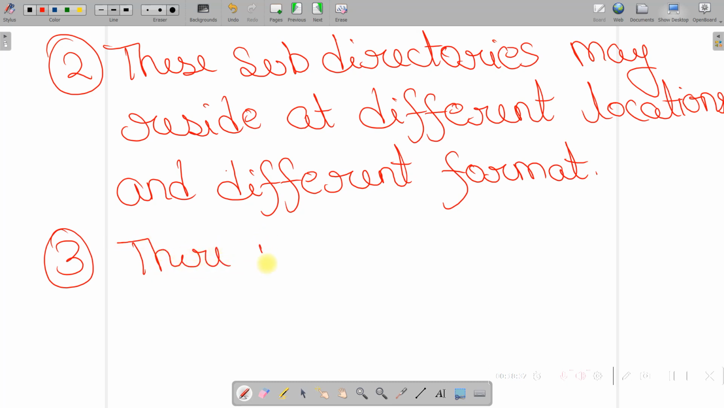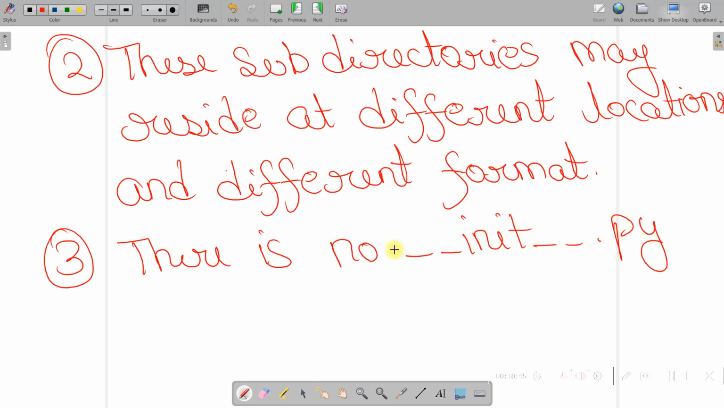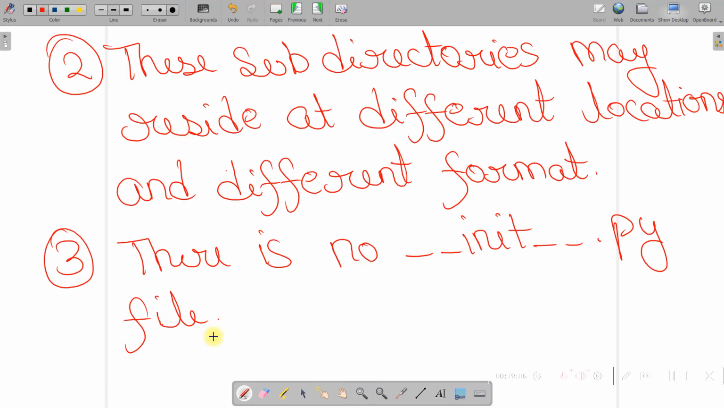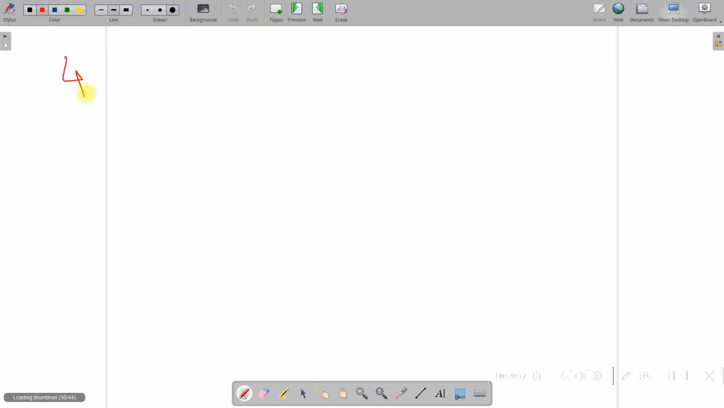Also, there is no __init__.py file. That is why, since I am using Python version 3.12, when I was importing the module in our previous session, I was not using this __init__.py file. Okay. Because in the current version, it is not really needed. Okay. Then the fourth thing is,